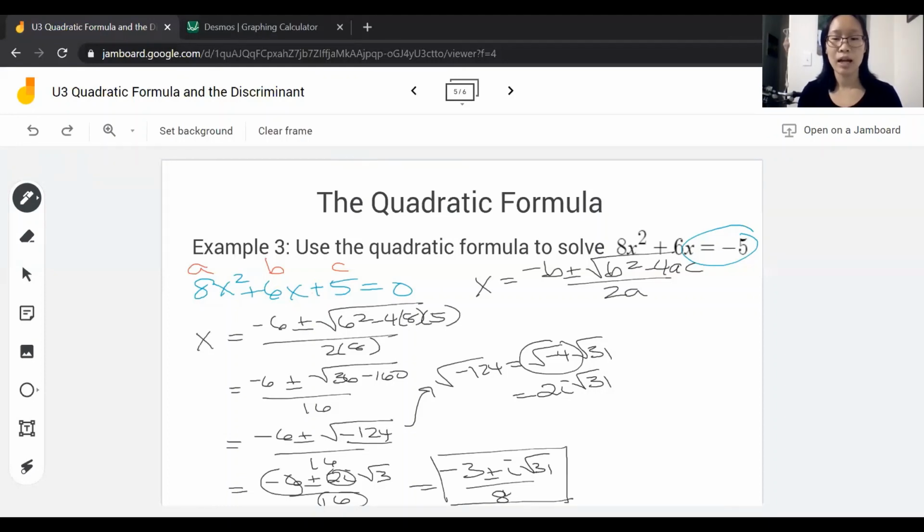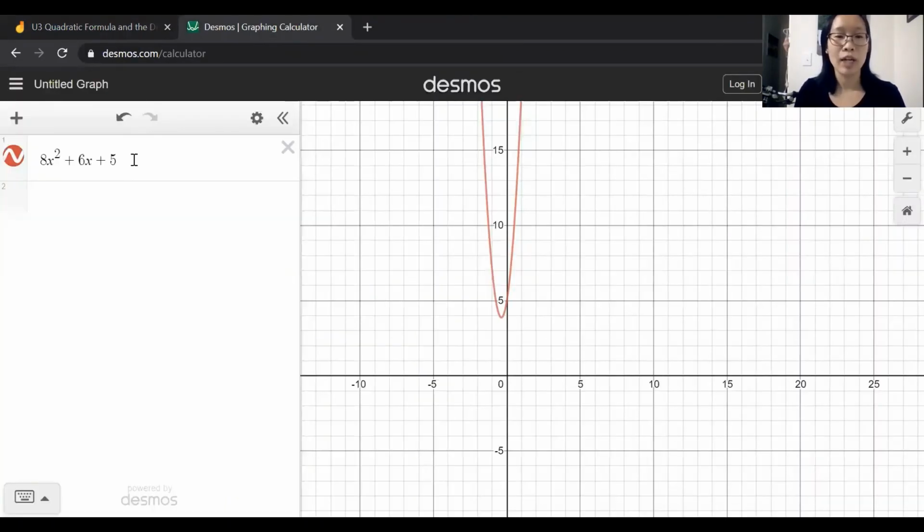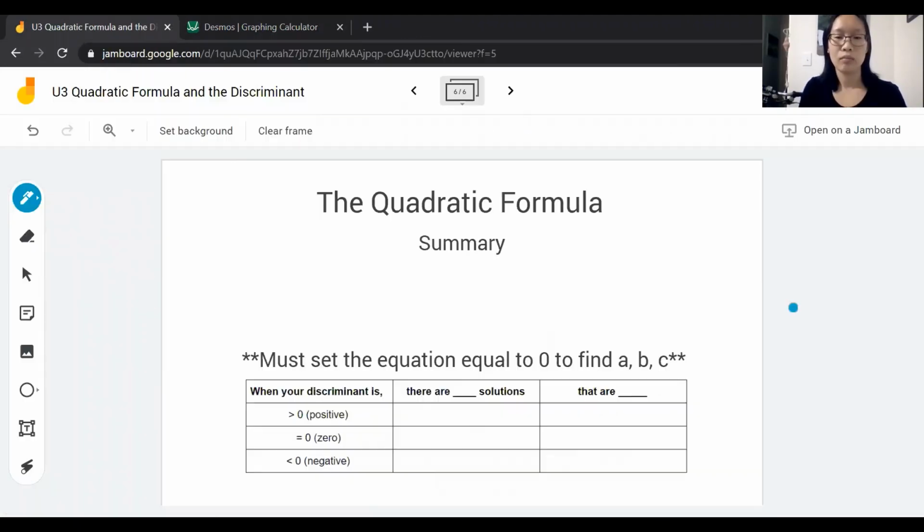From the i, I expect to see a graph that does not touch the x-axis, and I will verify on Desmos. And when I type in my equation, I do have a parabola that does not touch the x-axis, just as we predicted. To summarize, the quadratic formula tells us that our solution is negative b plus or minus the square